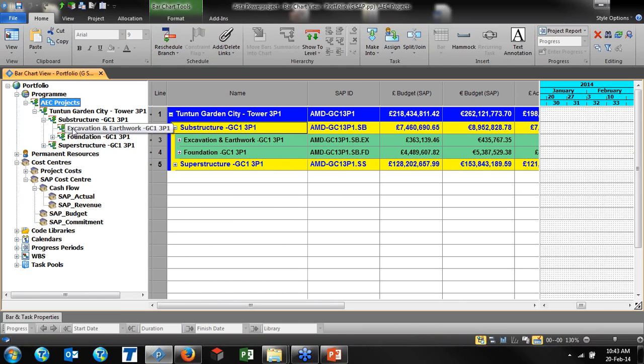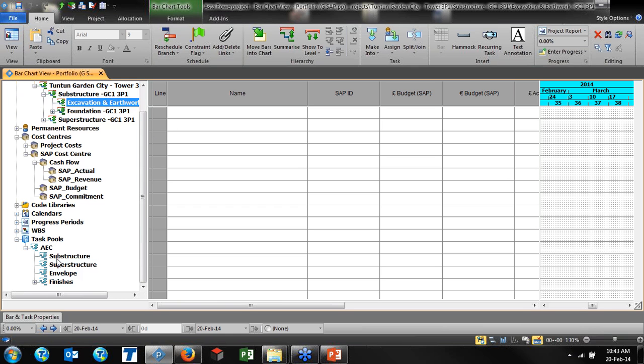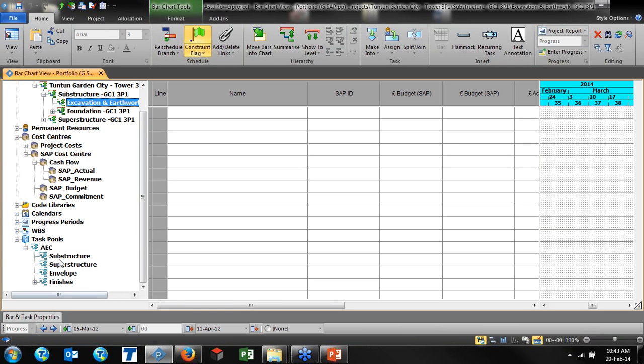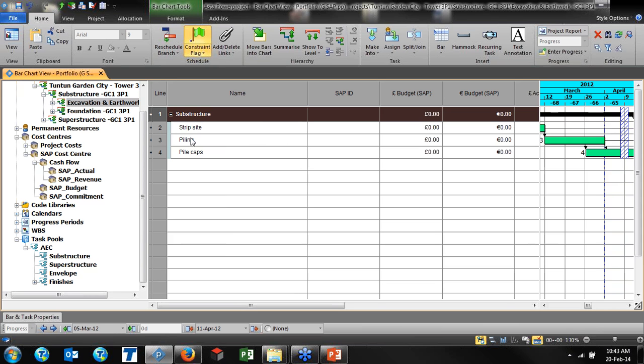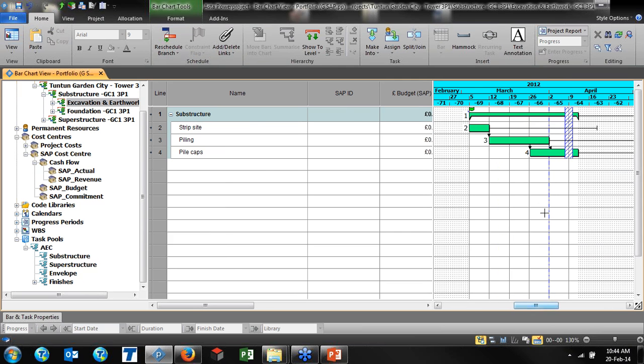And if there is excavation earthwork in the SAP, but when I would like to bring the data, let's say for my substructure activities, let's say that I would like to bring the data for the scheduling. This part is the scheduling. The task pools, which I introduced, this is our company know-how. I can simply bring my project activities, and this is our standardized, and everybody will be using the same type of activities. In the project, of course, it will be unique, and please see now all my tasks